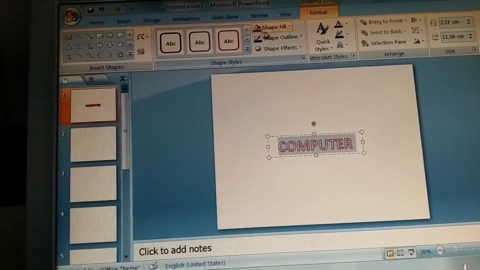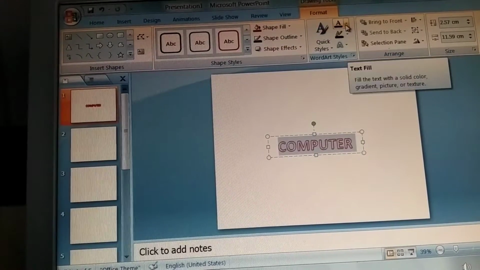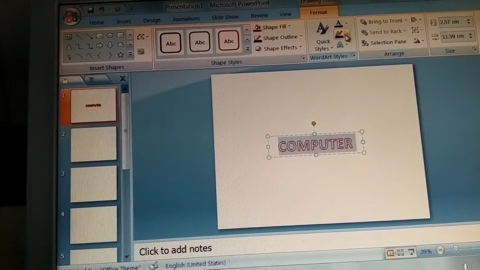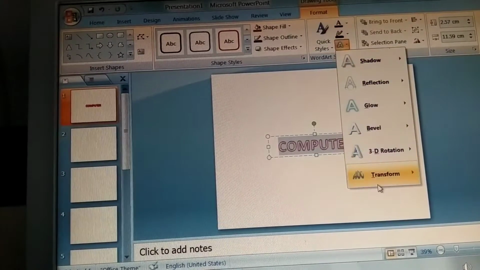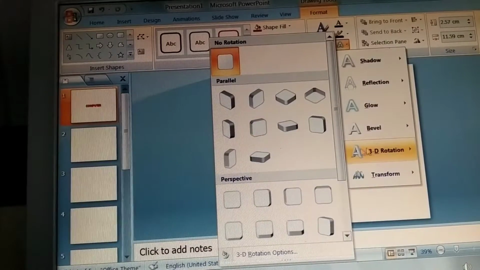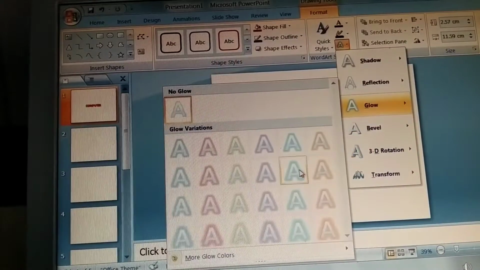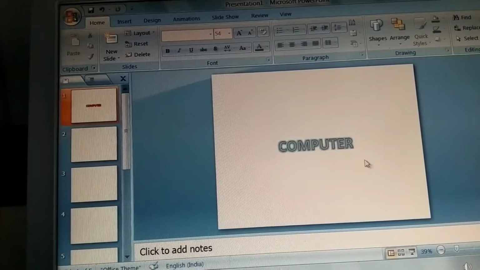When we click there, we see Shape Fill, Shape Outline, Shape Effect, and text-related Text Fill, Text Outline and Text Effect. This type, like glow, we can make this way.